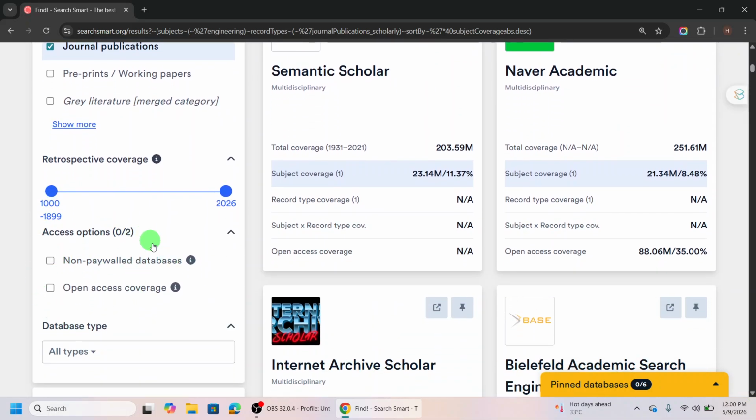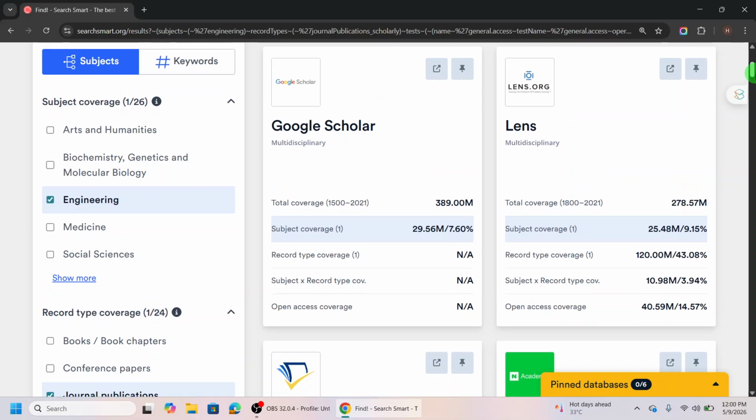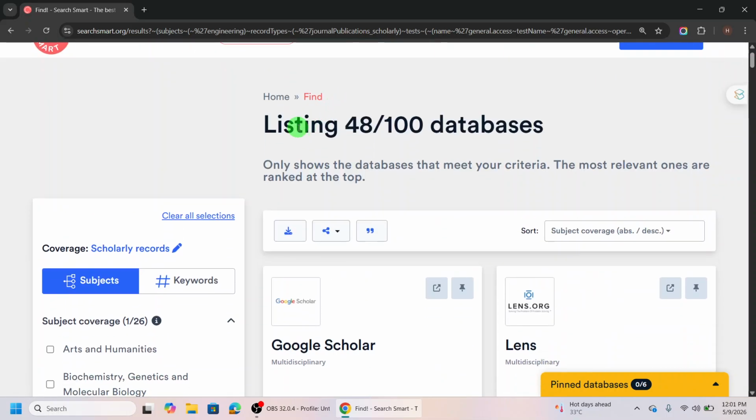So these are the two very important options given, that is the non-paywall databases and the simple open access coverage. Non-paywall databases means that you are going to get the free papers out of it and they are not restricted by any paywall. So let's click on the non-paywall databases as well. And once I click the non-paywall databases, as you can see, the number of databases has significantly reduced, and previously there were 94 databases available, but now it has reduced to 48 databases because now